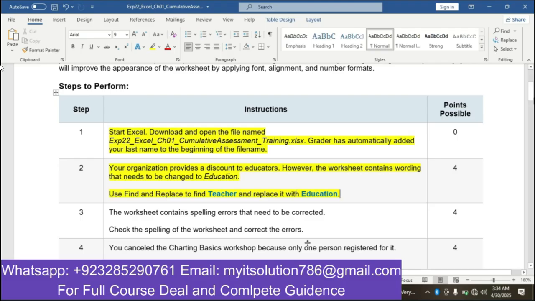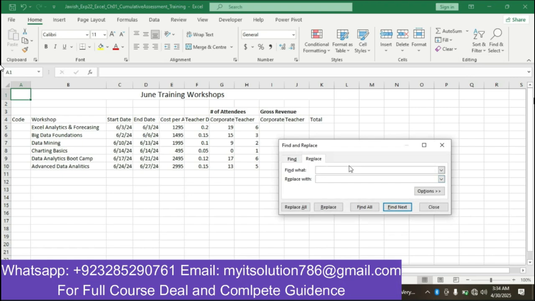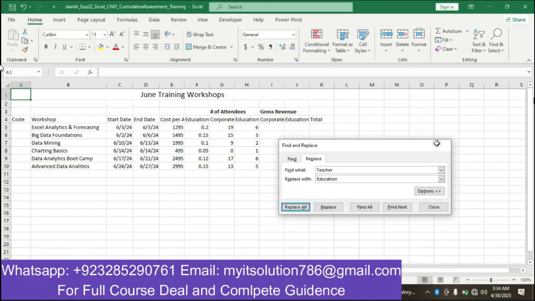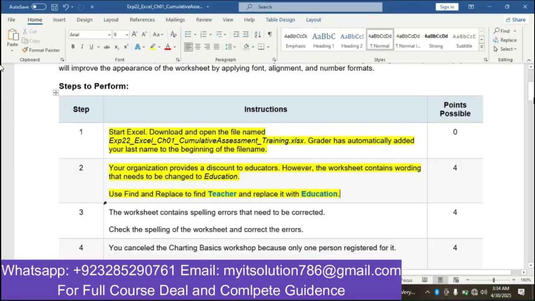So we go on our Excel worksheet and in the find and replace, find what is teacher with education. Replace all. So I replace teacher by education. So our step number 2 is completed. Our step number 3 is